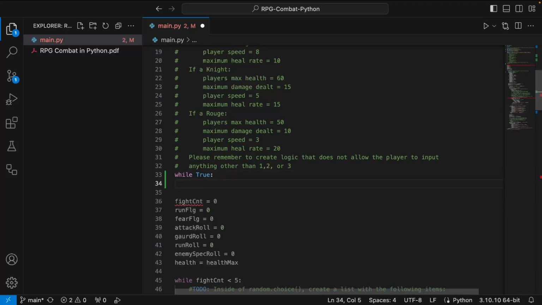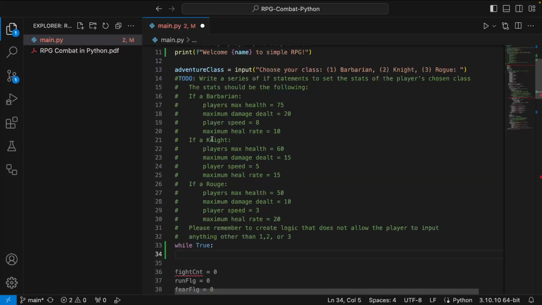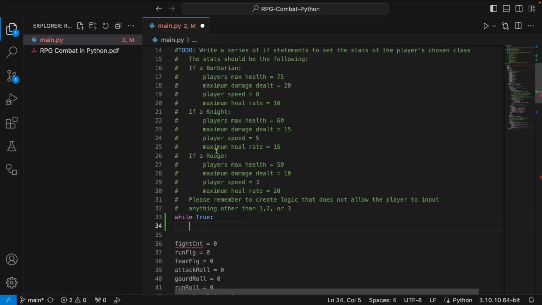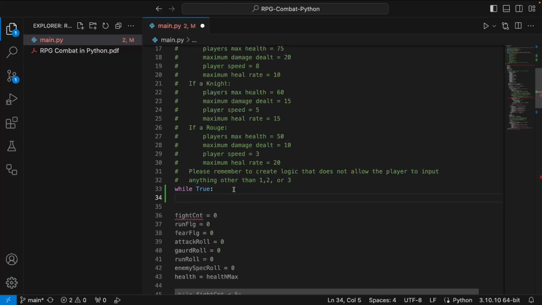So make sure I got my tabbing right. While true. Now, if we look here, we want to look for barbarian, knight, or rogue. And what variable is holding if it's a barbarian, knight, or a rogue? 1, 2, or 3. So I would probably want to do if adventure class is equal to a 1.